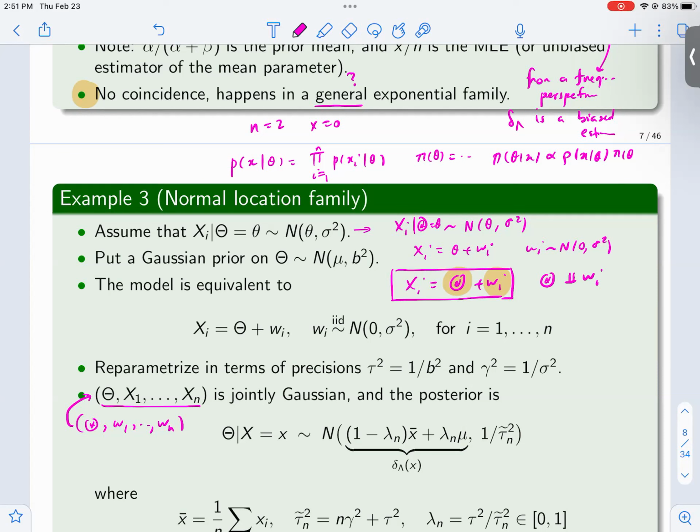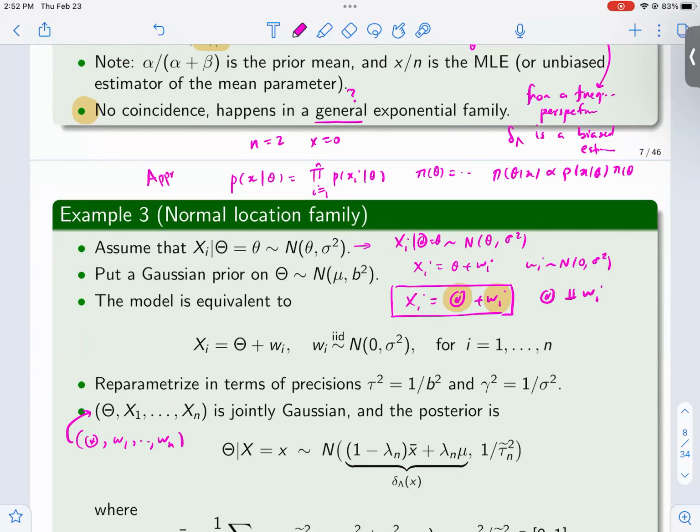Okay, so Wikipedia tells you that the posterior would be Gaussian in a jointly Gaussian family. The conditional distribution of any part given any other part is Gaussian. And for the formulas, you just have to figure out the mean and the variance. The covariance matrix of the joint distribution, which you can calculate from the covariance matrix of this, which is diagonal, gives you all you need to know to calculate the mean of the posterior and the variance. So this is a very good exercise, both approach 1 and approach 2,